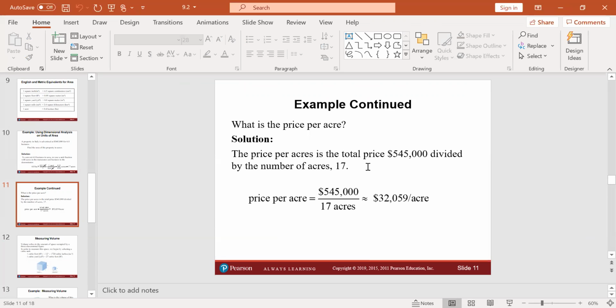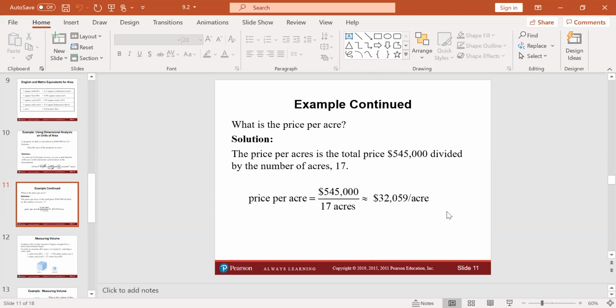Then what we could do, okay, so we do take the price into account. We might calculate the price per acre. We're just interested in knowing how much an acre of land costs on average. For this particular purchase, we would take the price of the house, $545,000, or of the land, divide by 17 acres, and this costs you about $32,000 and some change per acre,